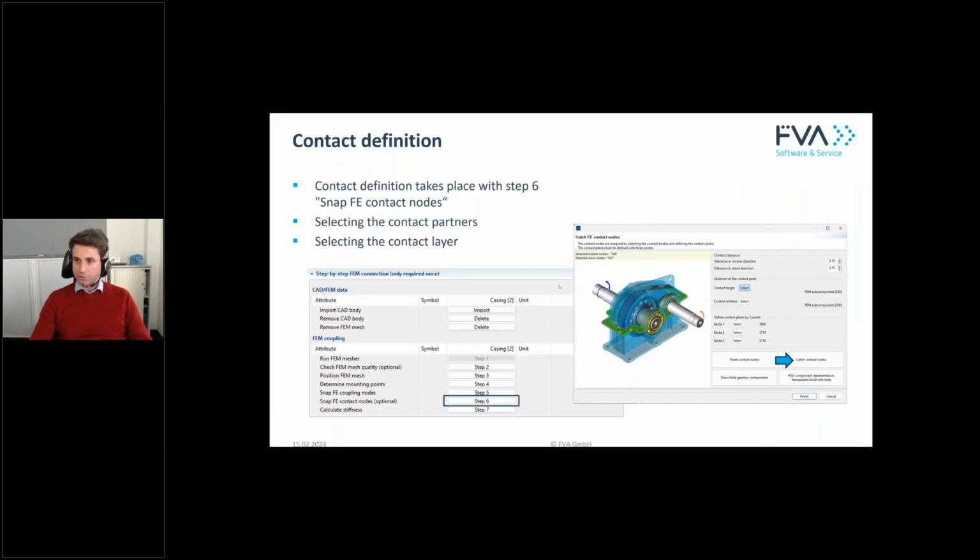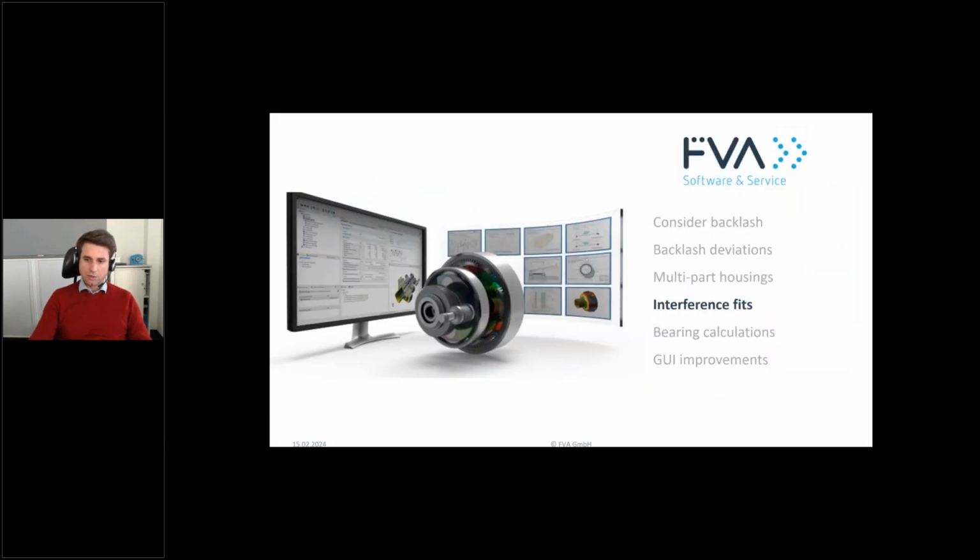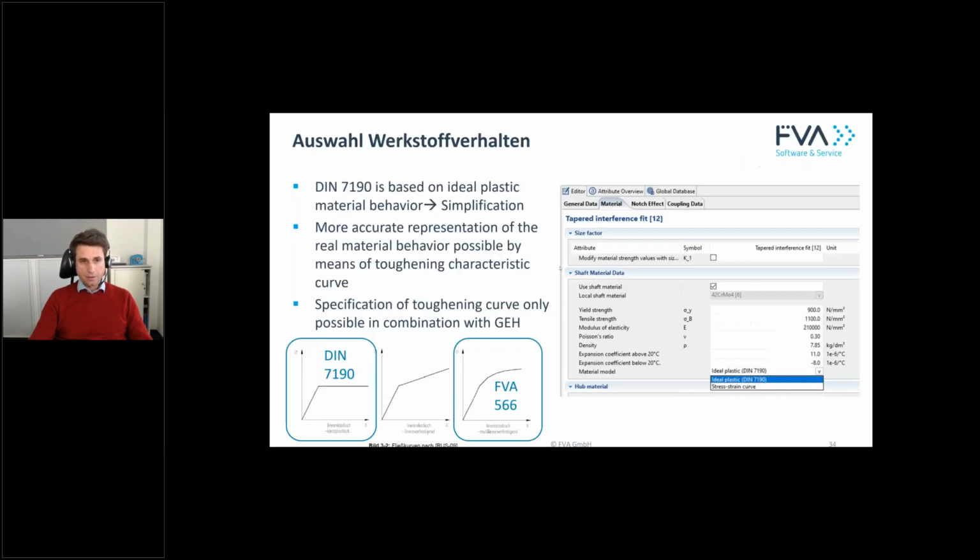Okay, let's go back to the presentation. I would like to talk a little bit about our interference fits. The interference fit in the FVA-Workbench is based on the FVA simulation tools, and those are based on the DIN 7190, and in the DIN 7190, an ideal plastic material behavior is assumed. However, this is a gross simplification of real material behavior,